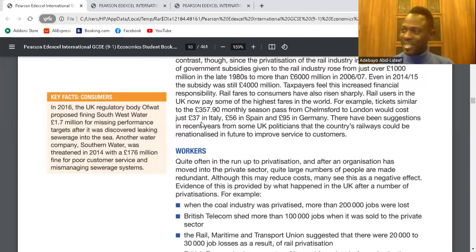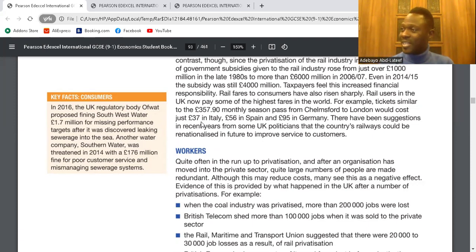But why are they losing their jobs? They are losing their jobs because there will be repetition. Let's say our business is production of laptops. Government also produces laptops. Now we are buying the government business that is producing laptops. The department that we have here is the same department they're going to have there. So that means we need few workers to join together. If not, there will be repetition of jobs.